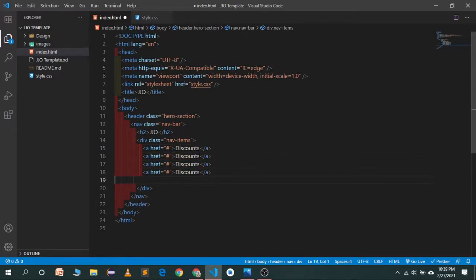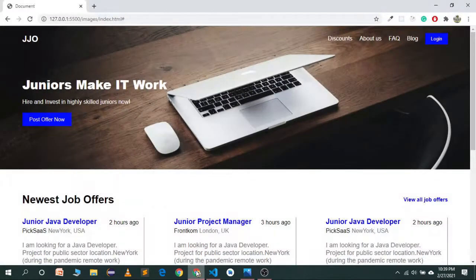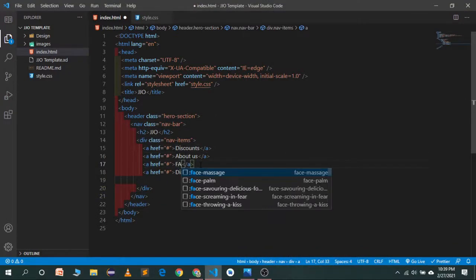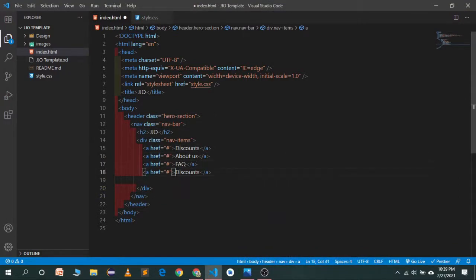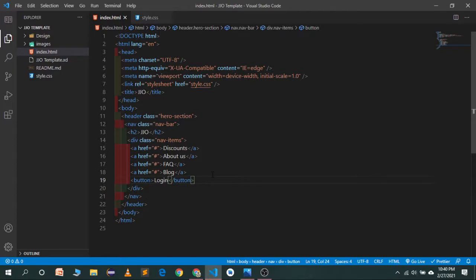The second one will be about us. The third one will be FAQ, and the fourth one will be blog. And we also have a button which will be a login button. So let's save it